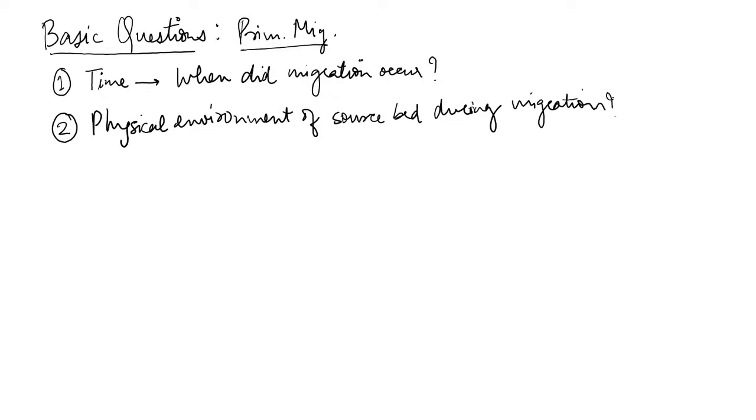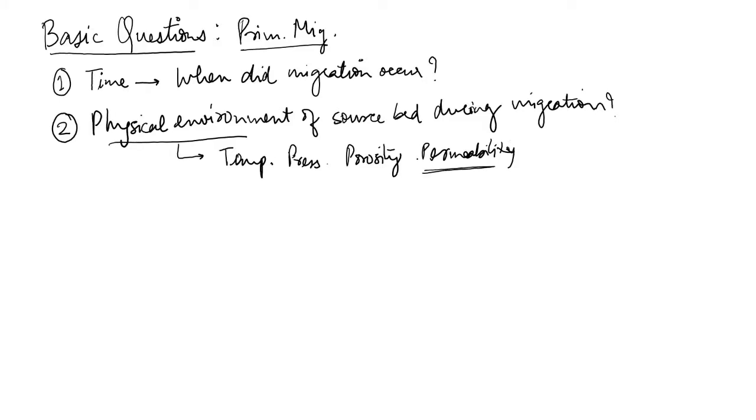When we talk about the physical environment, we are talking about the temperature at that moment, the pressure, the porosity, and the permeability. You may ask, sir, you are saying that shales are the most common type of source rock, so why do you talk about permeability in them? We will see a little later how this permeability may develop in the shaly or clayey